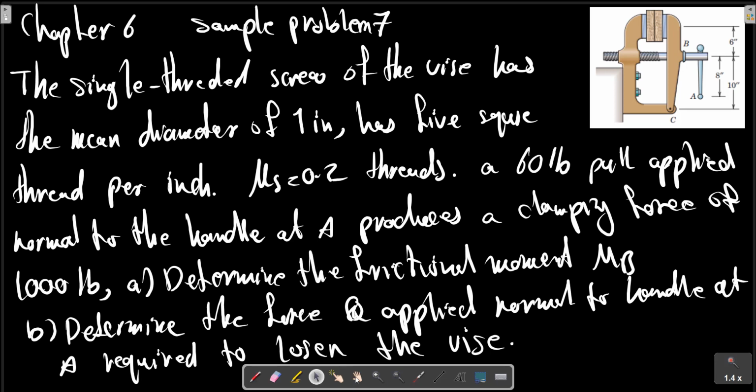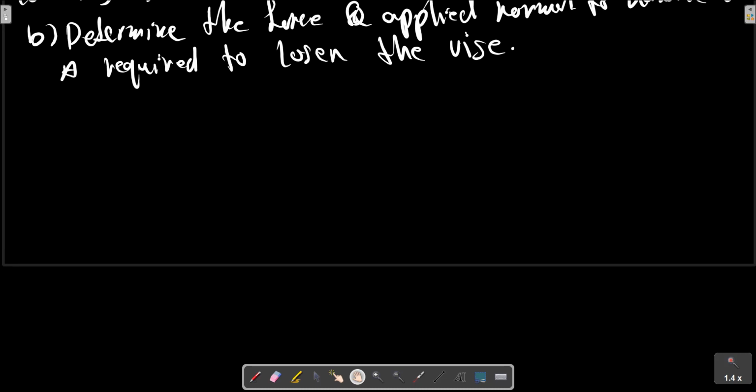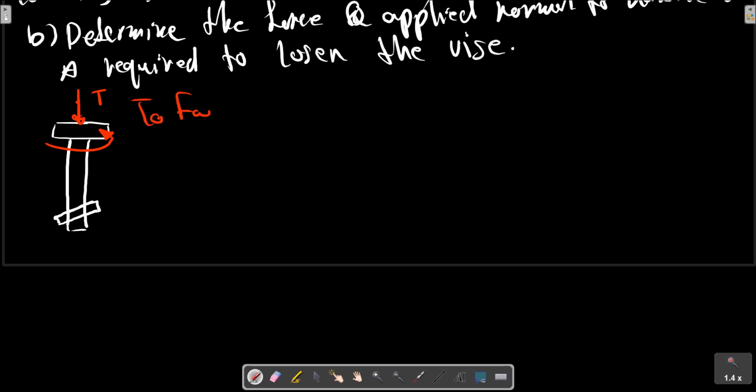The formulation for a threaded single square screw: consider a screw under the force, with a screw thread with a T and M. To fasten or tighten the screw,